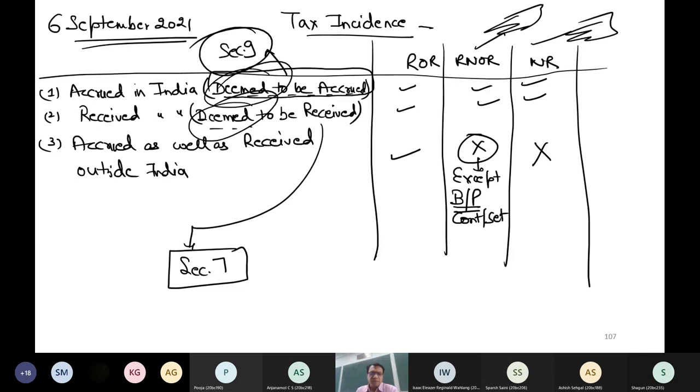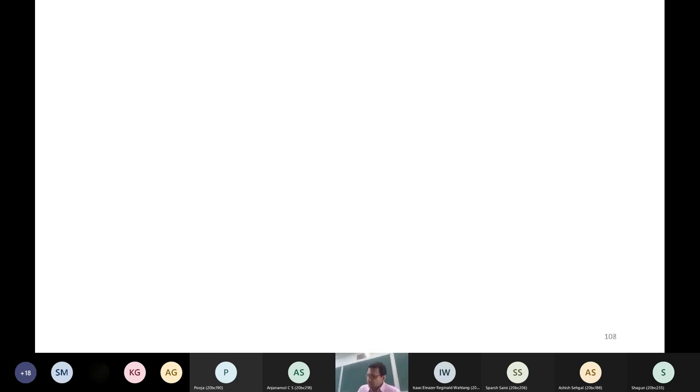Let me first discuss it. Then I will discuss a numerical with you, and then you will be able to understand this concept fully. It is very easy, but a little bit of concentration is required. Anyhow, now I am starting with the next section, section 9 of the Income Tax Act. It will tell me the incomes which are